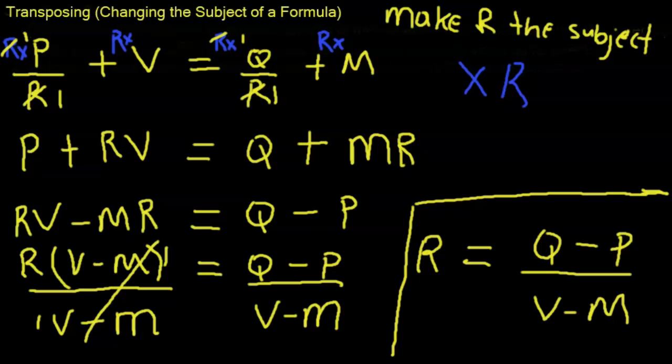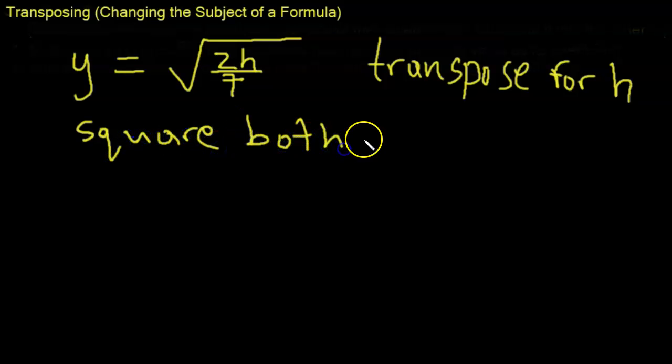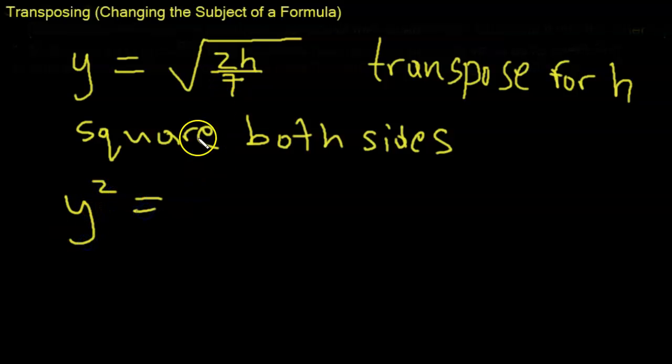That's it. So in this problem we are asked to make H the subject. But here this problem has a square root that we need to get rid of. And how do we get rid of a square root? Okay, so square both sides of the equation. So square y, we get y squared. And square the square root, it is no more. So we have 2h